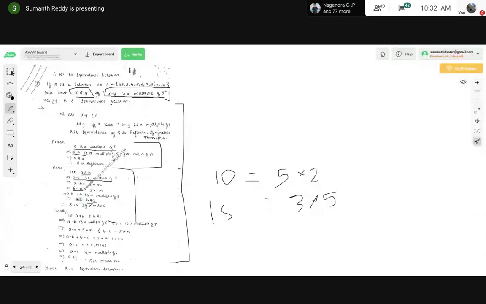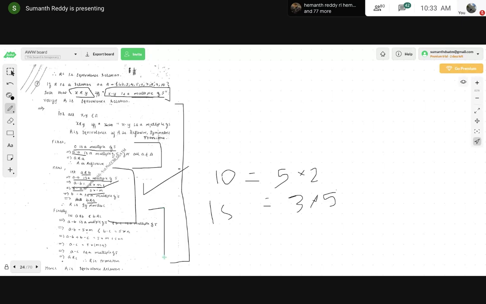But now here he is telling that a minus b is a multiple of 5. How can you tell that? Because 5 into some number will give you a minus b. But what is that number? That number I don't know, because I don't know the values of a and b. But definitely 5 into some number will give you a minus b. For that reason, I have taken some arbitrary number, for example m. If a minus b is a multiple of 5, that is 5 into m, then what about b minus a? b minus a will be equal to 5 into minus m. I think you can understand this. So based on this, I can write b is related to a. So I can conclude that it is symmetric.